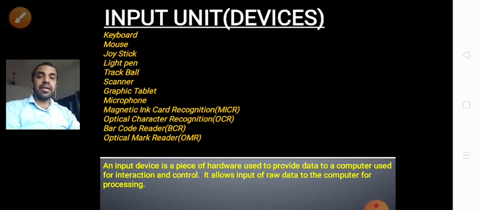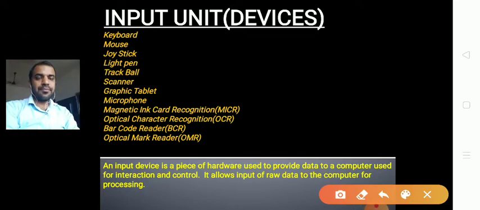Firstly, the primary input devices for the computer system are basically two devices. The first one is the keyboard and the second one is the mouse. These two devices you always see with your computer system, keyboard and mouse. Okay, so let's discuss the first one, keyboard. A keyboard is a keypad with several keys.